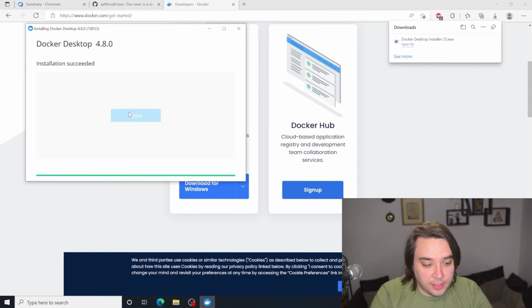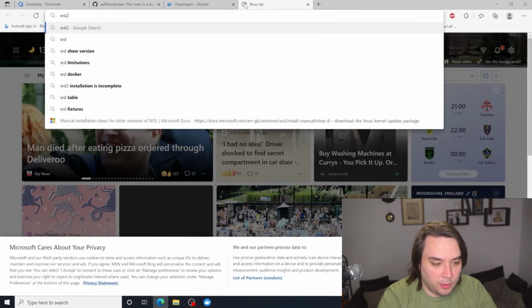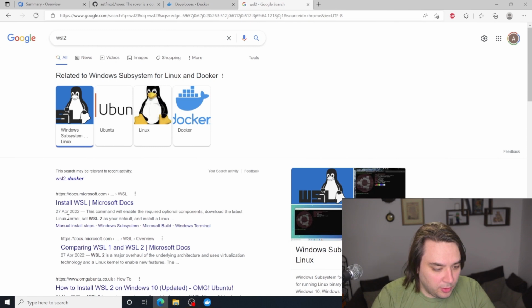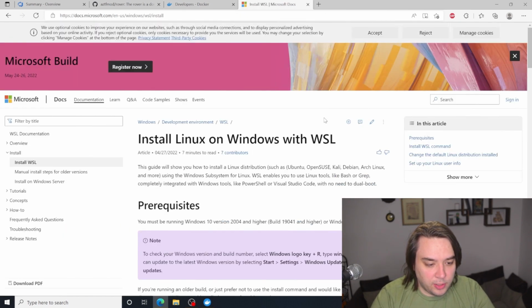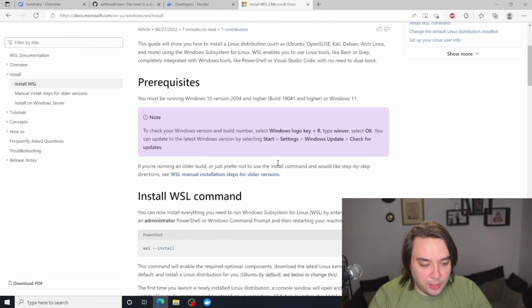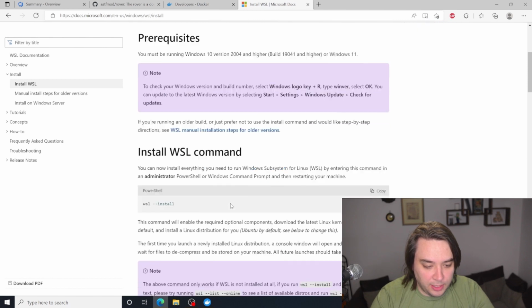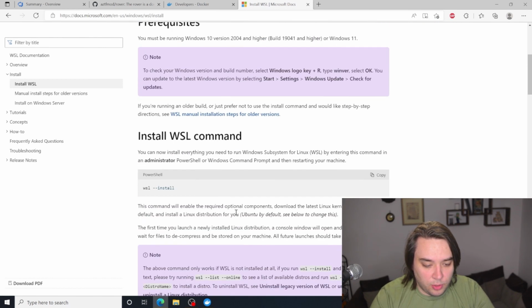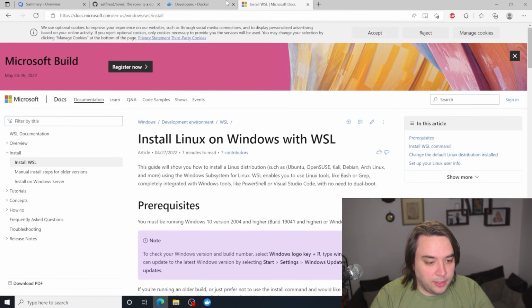The installation succeeded. Sometimes if you've not installed it properly, you might want to search for WSL2, and then you can click on install WSL2. I'll include the link for you guys, but it's basically just next, next.